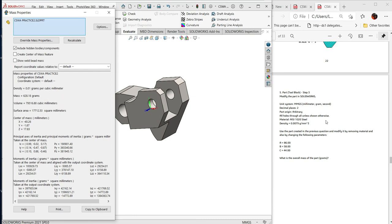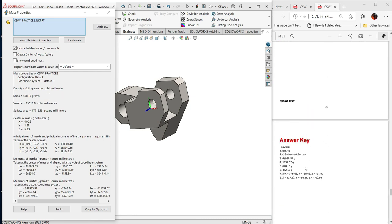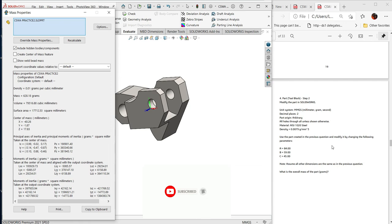Let's go ahead to the answer key and check if we have the right answer. If you go to the answer key, this is question number 5, 628.18 grams. So that is the exact one we have here as well. So we have answered the question and we got 100% accuracy. So that's all about this part, and